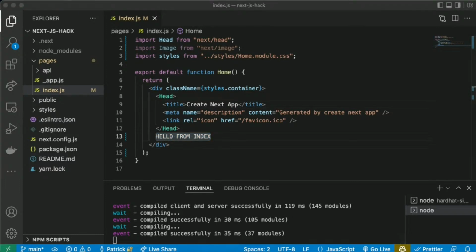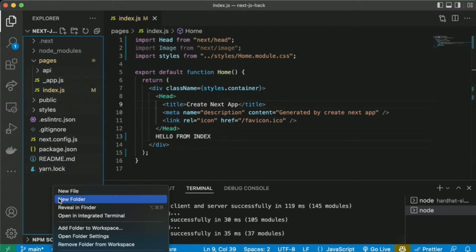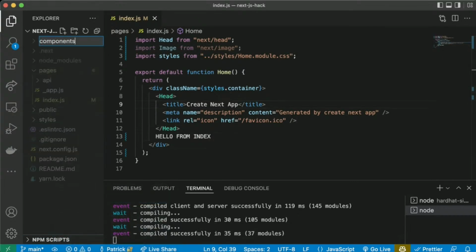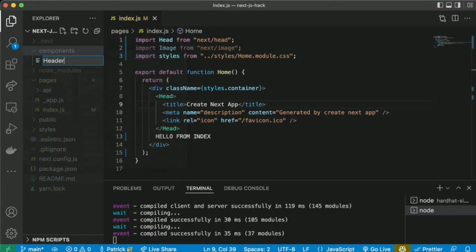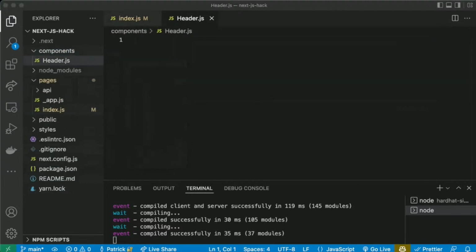So what we're going to do is create a new folder called components. And in here, we're going to create a new file called header.js. And in this header, this is going to be slightly different than the code that I have on the GitHub, but this is even better.